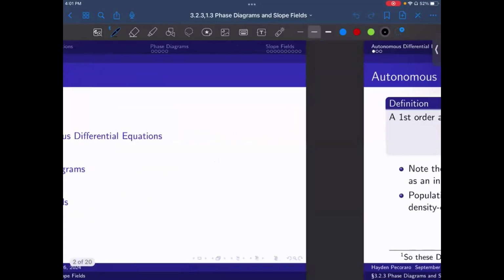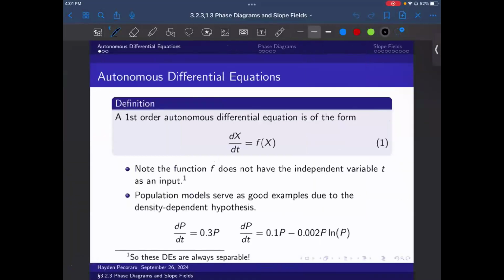First off, we're going to talk about autonomous differential equations. I mentioned these in the last class, but we can say more about them. A first order autonomous differential equation is one of this form. What's important to notice here is that this function f doesn't involve the independent variable t. And so ostensibly, they're always separable. You could divide by f of x and then multiply the dt to the other side, and you get the separated equation